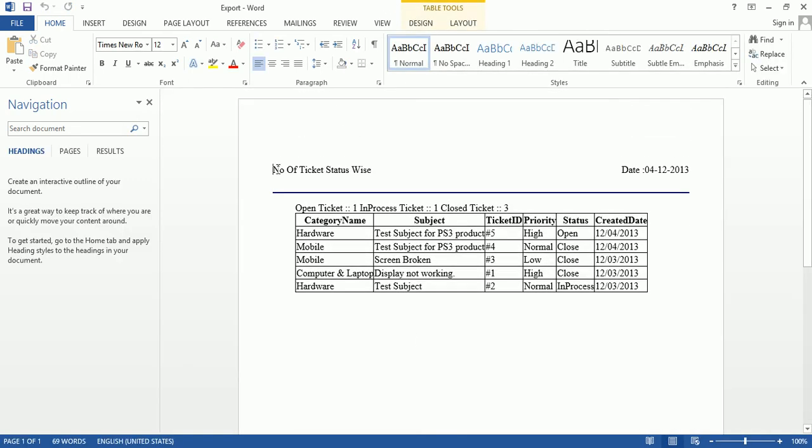Here you can see how the report looks in Word format. Open tickets, in process tickets, and total number of closed tickets, same category name, subject, ticket ID, priority, status, and created date.